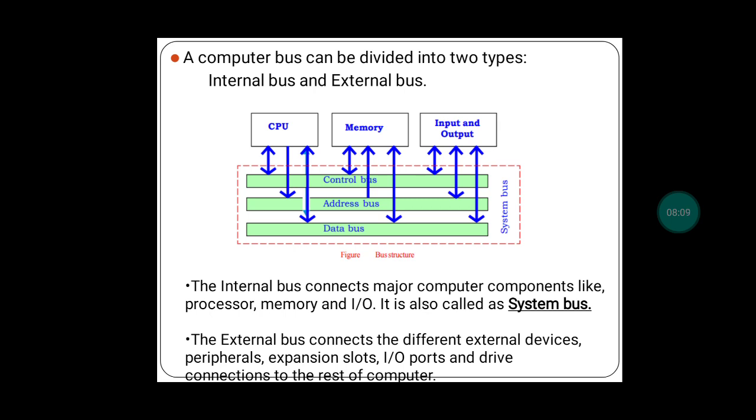So here a question can be asked: explain the structure of the bus. What you need to remember here is that you have to draw the diagram and mention that there are two types of buses: internal bus and external bus, and write what the internal bus is and what the external bus is. And you need to write that the internal bus comprises three buses. Which are those three buses? Data bus, address bus, and control bus. That we are seeing in the next slide, and that you also need to write.